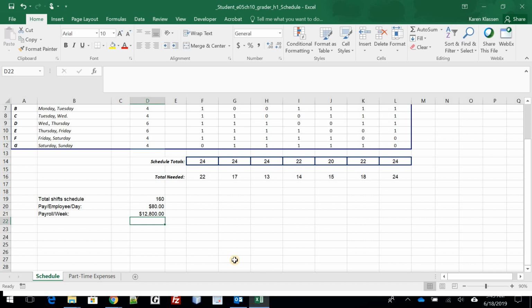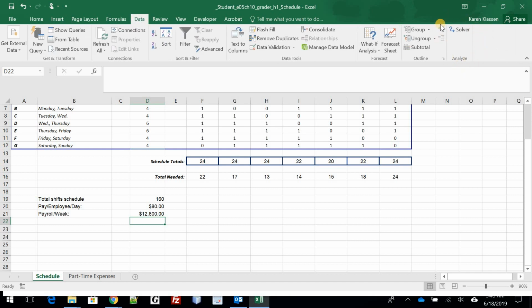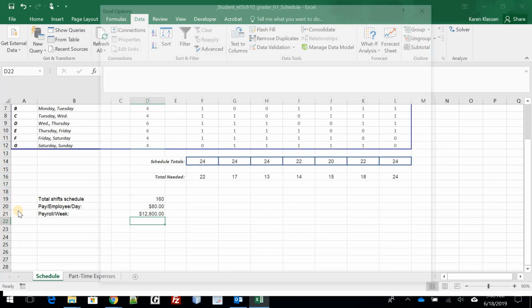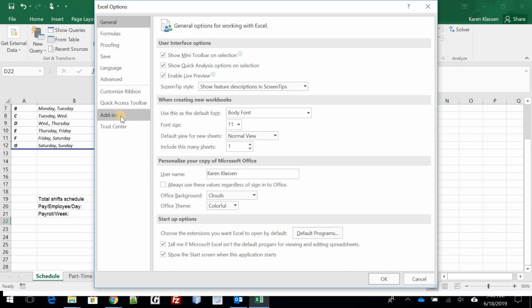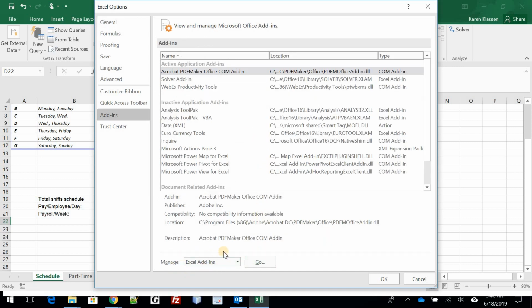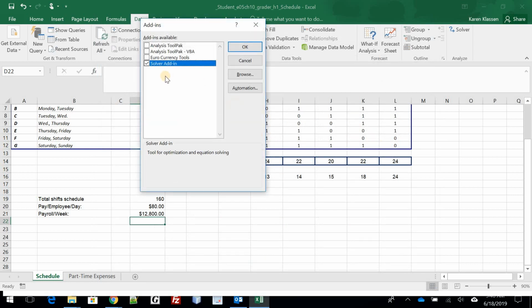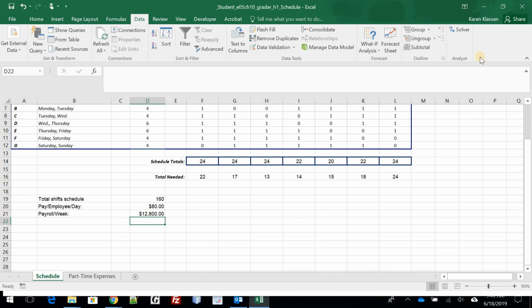Now we're going to use a solver to minimize our payroll. Now if you go into data and you don't have a solver right here, okay, go to File, Options, Add-ins, Excel add-ins, and then check Solver add-in, and then click OK, and then it might spin right here as it loads it, or it may just pop it up pretty quick. So either way. Alright, so now we're going to click on Solver,